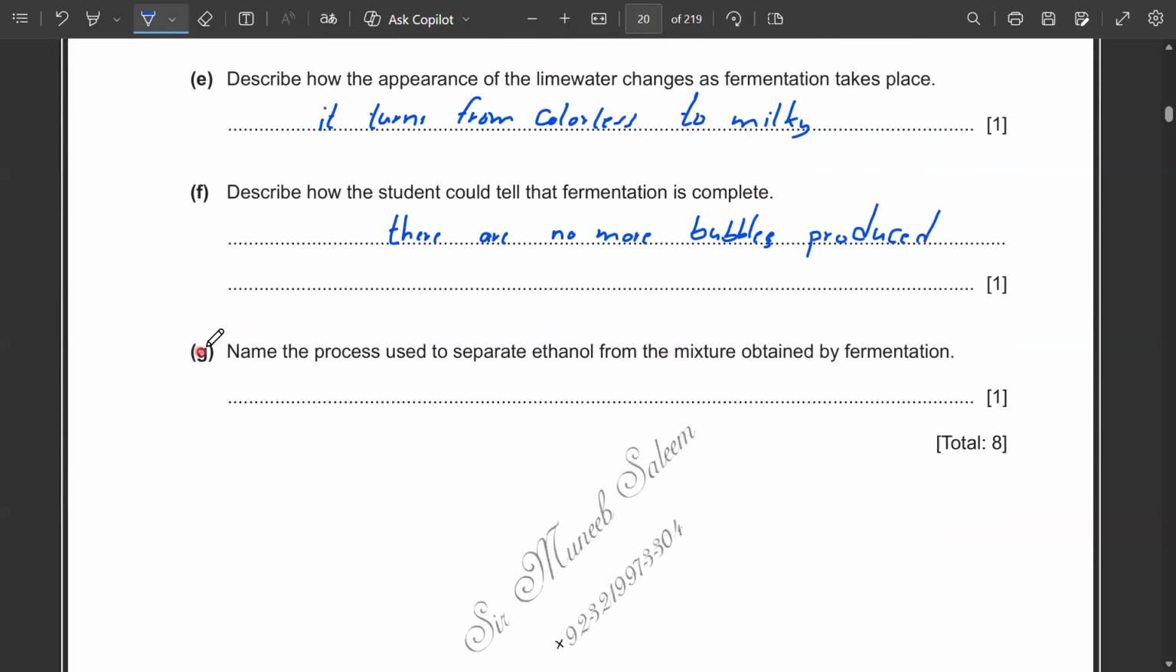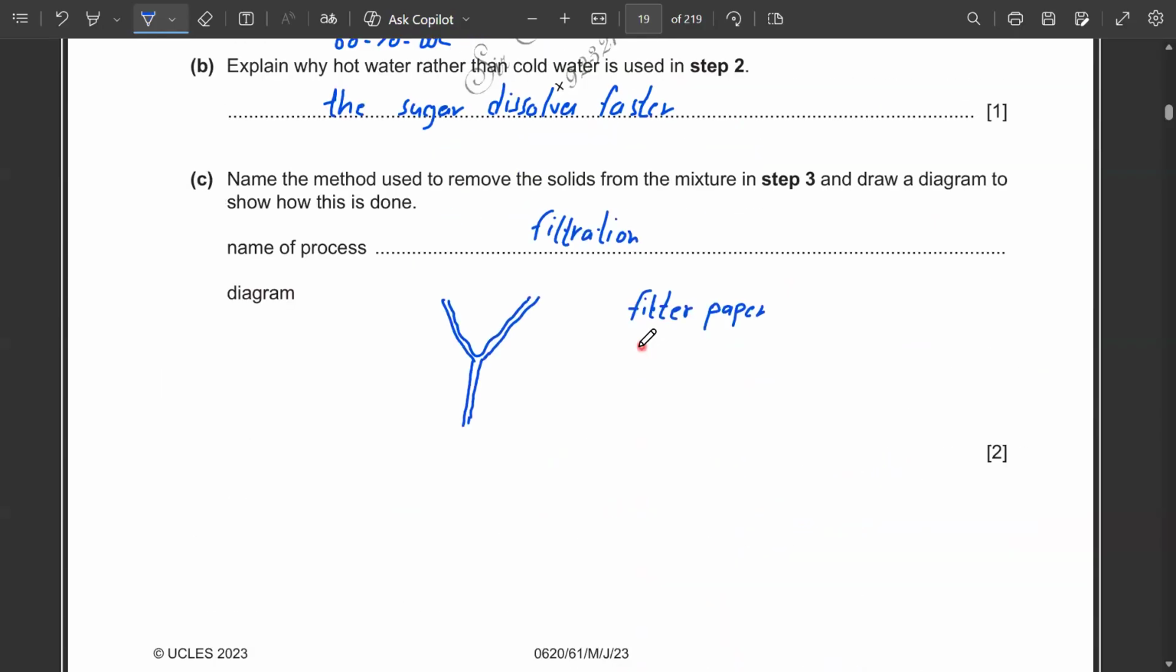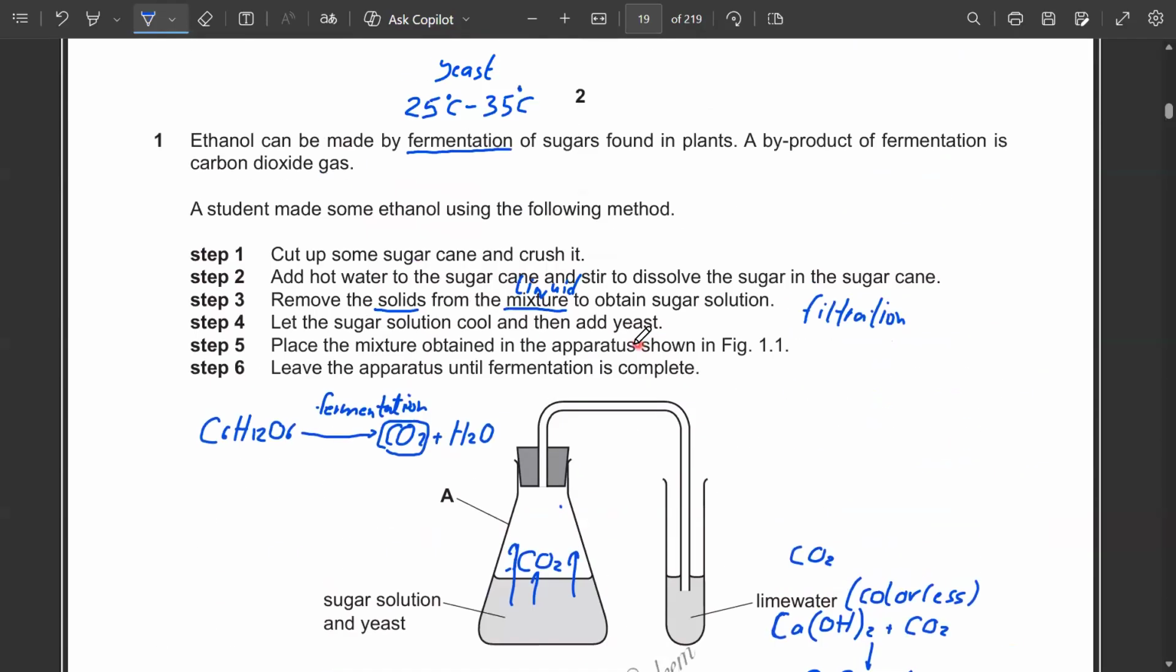Then G is, name the process used to separate ethanol from the mixture obtained by fermentation. Okay, over here, if we come back,